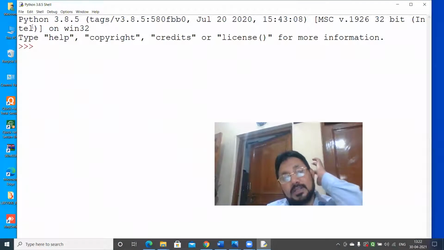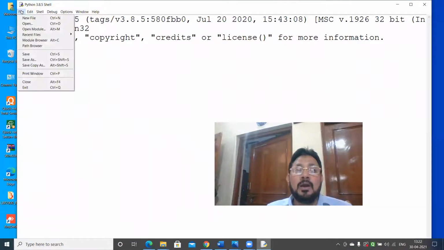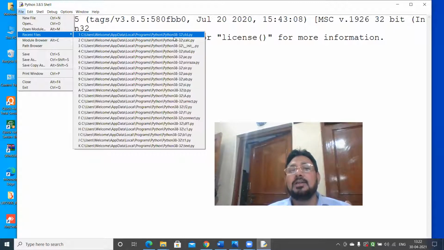The path will be there only. Now see how I got this path. I have checked file, and then you go to the recent files. In recent files you see user, welcome, app data, local, programs, Python, Python 3.8, and then the file is there. So this whole path I am following.